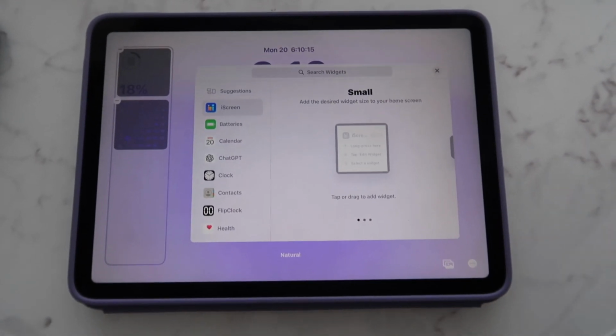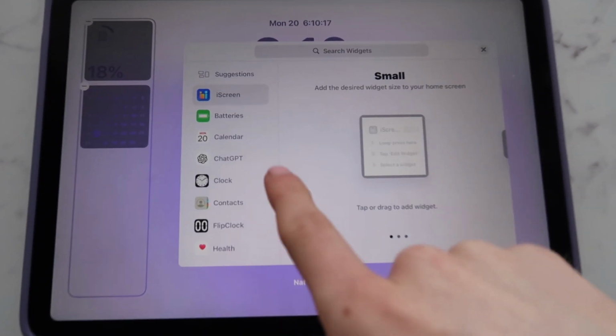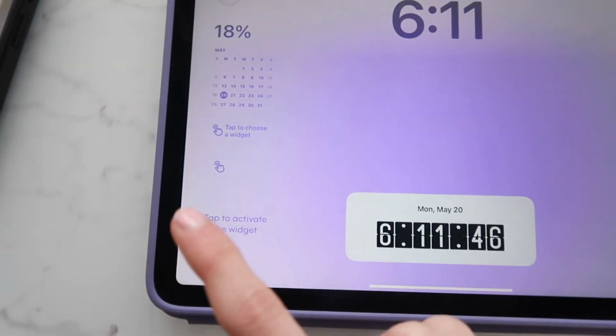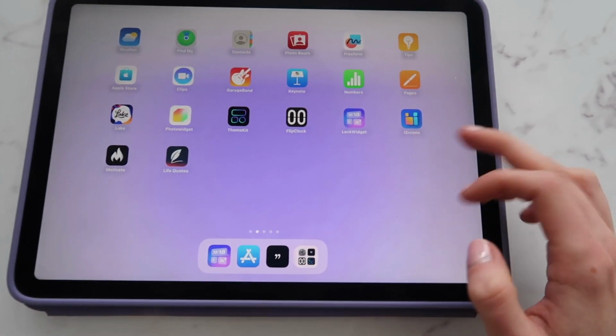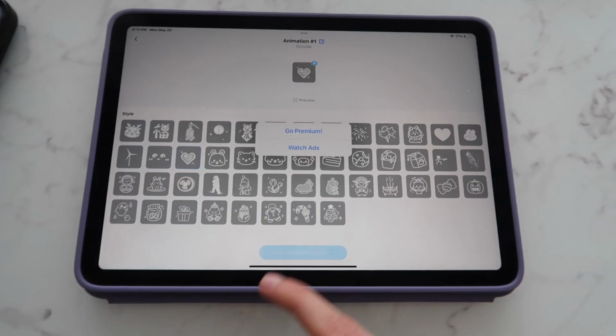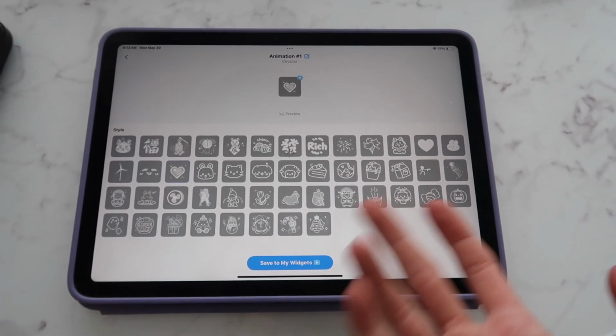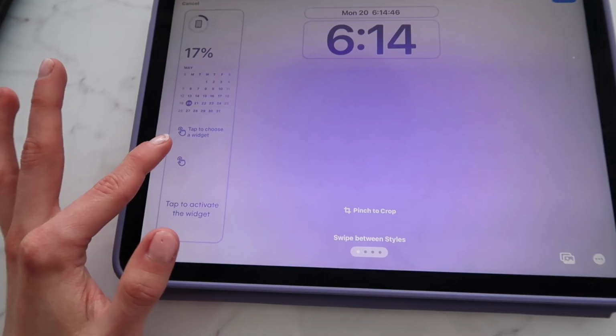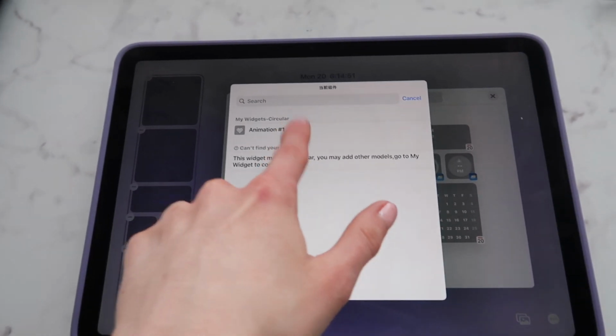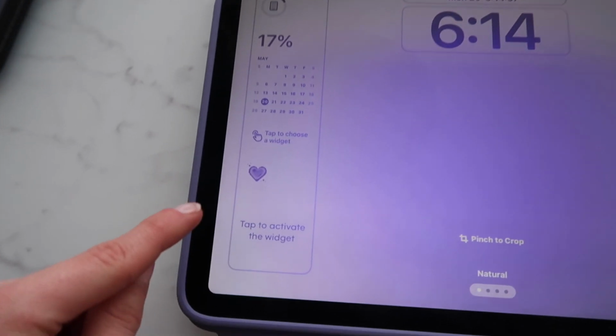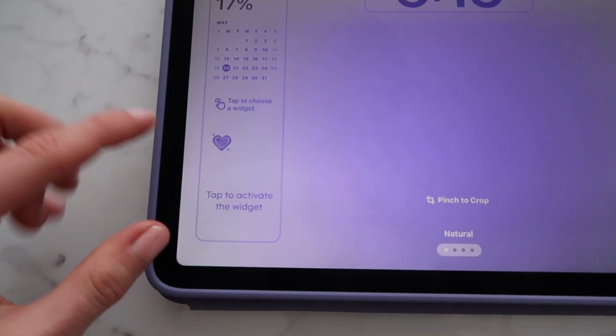So another app you can use for lock screen widgets is this app called iScreen. So you have to obviously choose a widget. So we're gonna go to first the iScreen app. So we can do an animation maybe, save to my widgets, and we can watch ads if we don't want to go premium. So let's customize. We're gonna choose the animation, and as you can see, the animation comes up here and it is so cute,